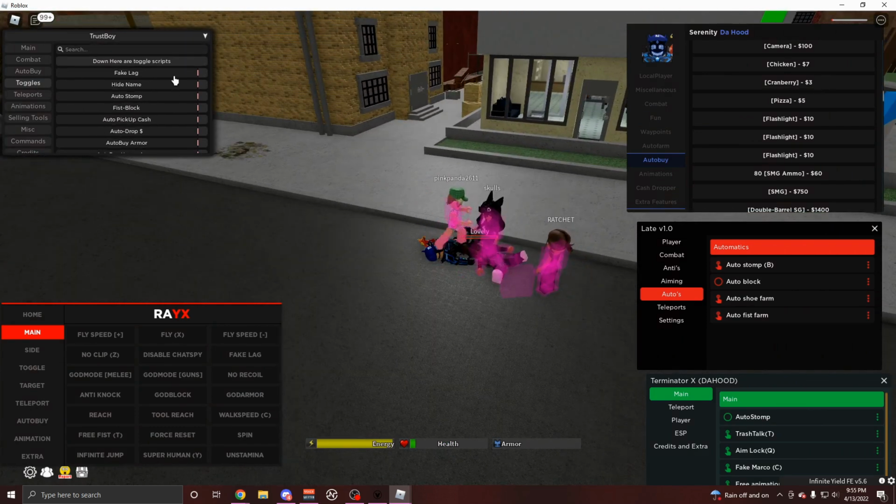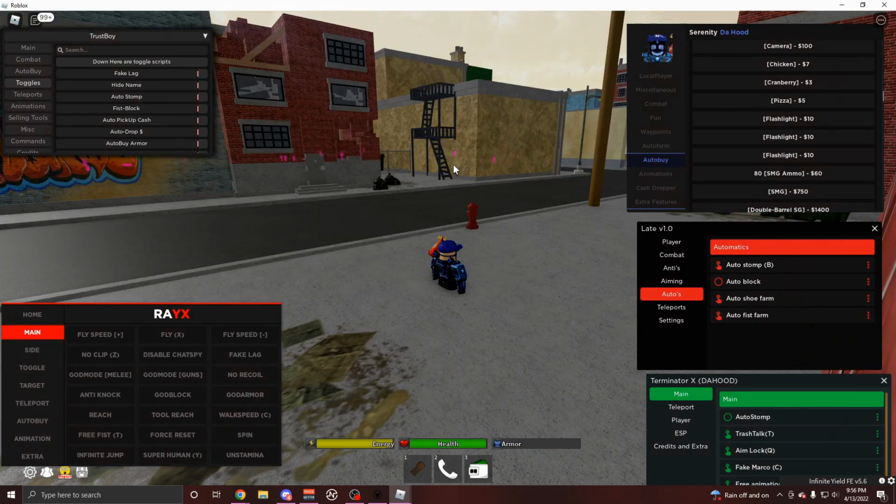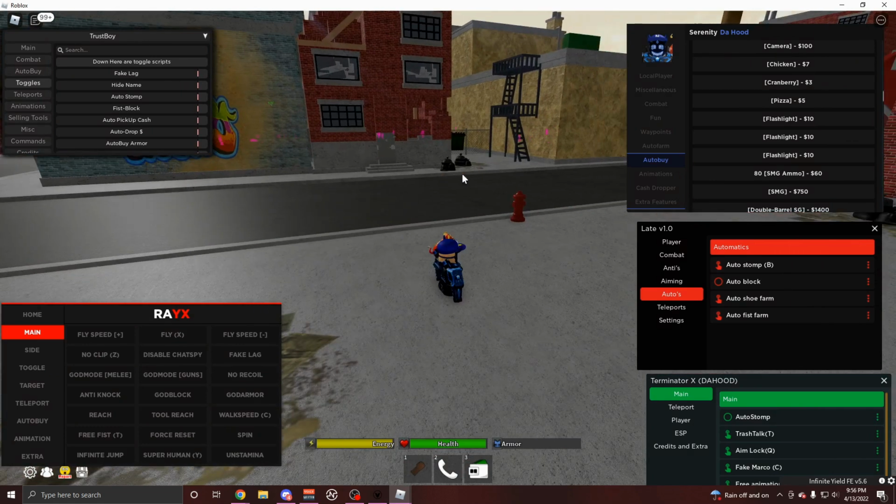So yeah, toggles, you can come over here, make yourself fake lag so other people will think you're lagging. I don't know why you'd want that unless you're trying to use it as an excuse if you're kind of bad. Right here, you have your auto drop money. You can auto buy armor. You can auto buy heavy armor. There's an anti-bag. Teleports. These are all the teleports that are mainly used in the game, like the bank,